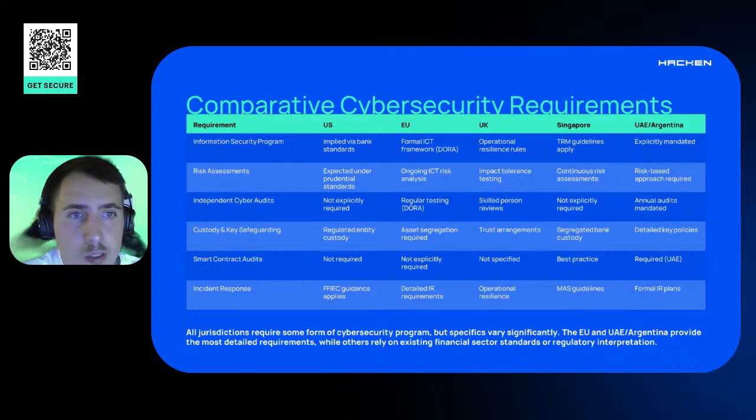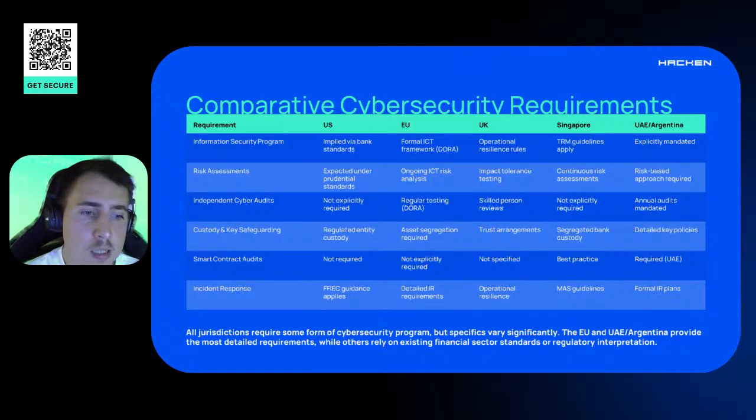But in any case, you need to have a package of documentation on how you actually deal with your security process. What is the strategy you have? And this strategy, of course, needs to be defined based on the risk assessment and the scope of your future testing. It is often the situation when we get questions regarding what needs to be audited in our infrastructure, or what exactly needs to be tested from the pen test perspective, or do we actually need to include a smart contracts audit to get approval for MiCA and to be compliant with DORA?